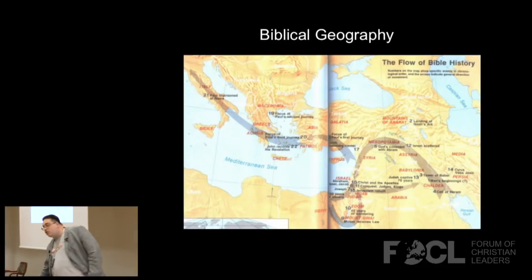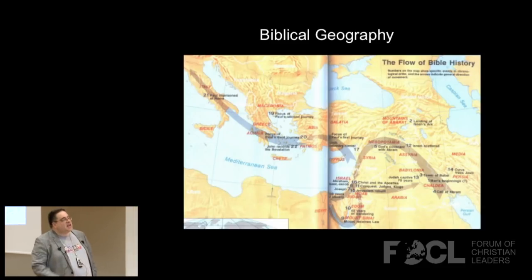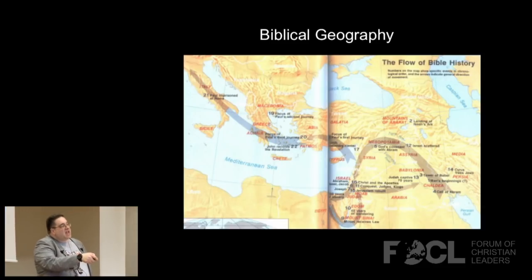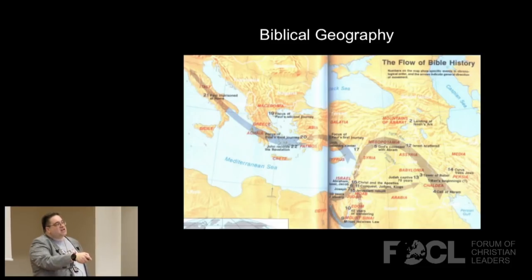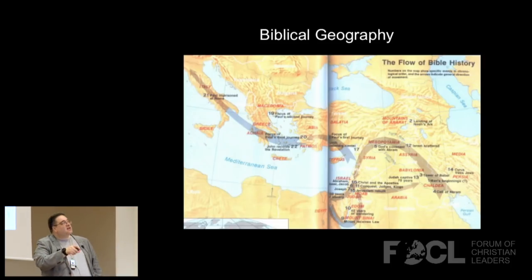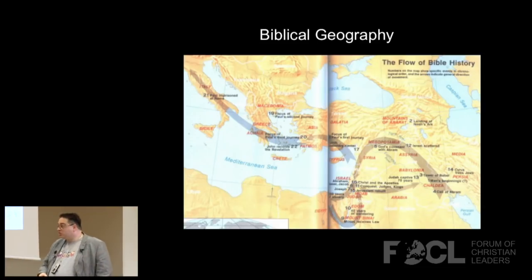So that's the geography of the area that we're looking at, and you can see that Israel, being here, is really at the nexus of any trade or conflict that's going to happen between Egypt over here, one of the big powers of the ancient world, and then up here the Babylonian, Assyrian, Mesopotamian empires, and then in New Testament times, the Roman Empire. This becomes the Roman world.